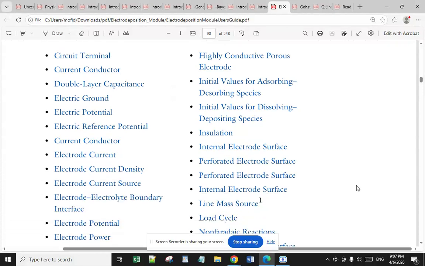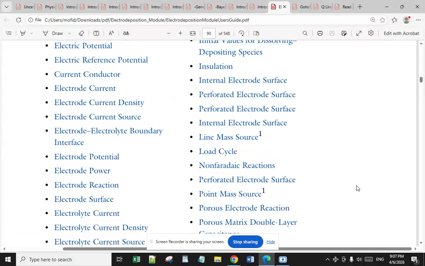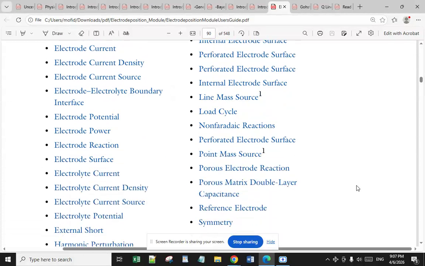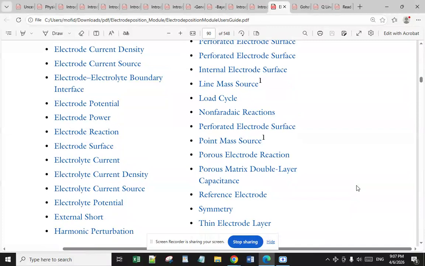I will go through the circuit terminal, current conductor, double layer capacitance, electric ground, electric potential, electric reference potential, electrode current density, electrode current source, electrode-electrolyte boundary interface, electrode potential, electrode power, electrode reaction, electrode surface, electrolyte current density, electrolyte current source and potential, external short, harmonic perturbation,